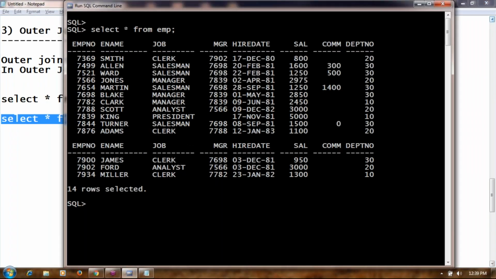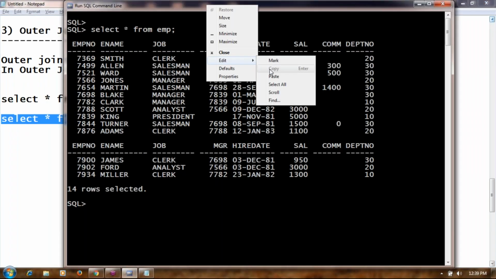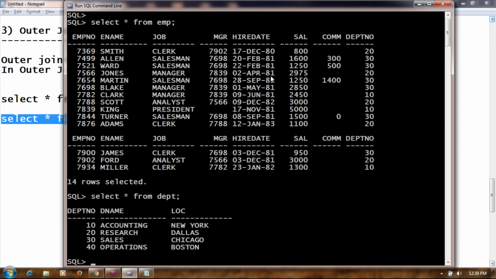The department table, we have 4 rows. Can you hear me, Dilavar? Yes, I can hear you. Compare the two tables, employee table and department table, with respect to the common column, department number in the employee table and department number in the department table.